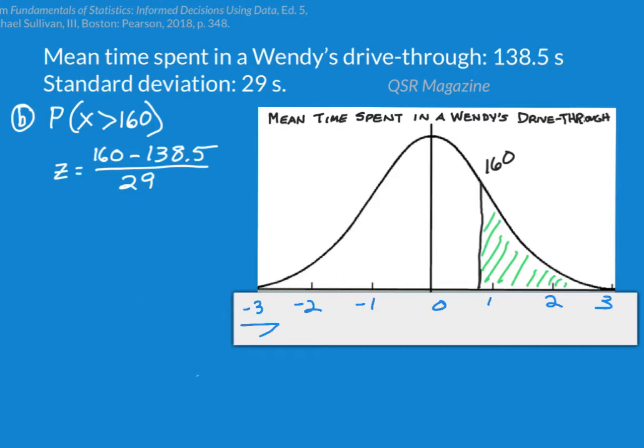We are graphing the random variable z. We have standardized the distribution by referring to our z-score. And the z-score equals 0.741379, etc. Remember, we're only going to be using these 3 digits when we refer to our z-score chart,